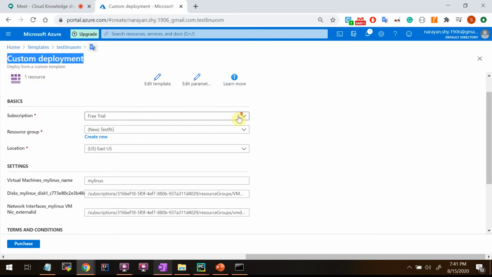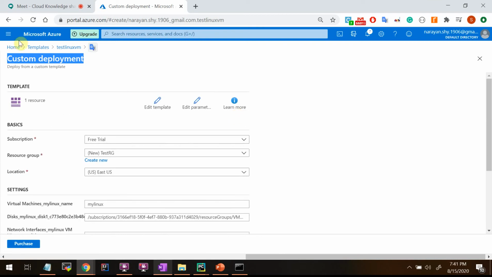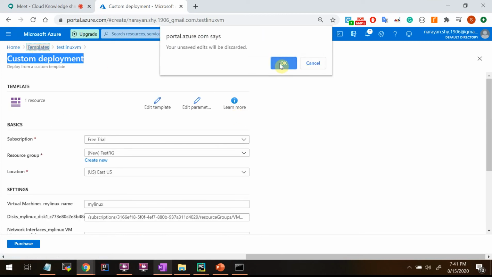This is called ARM template. That the JSON file that you saw. So this is another option that you can use. I mean, so far,